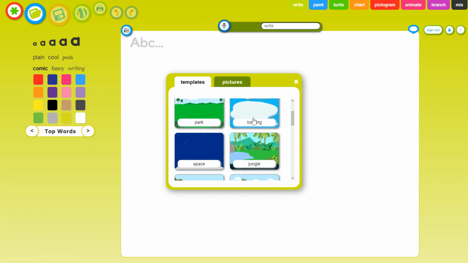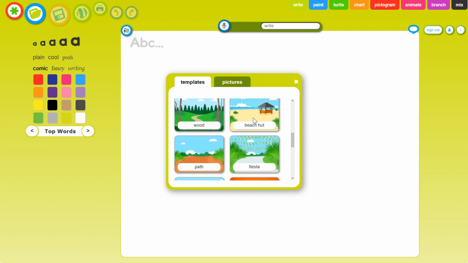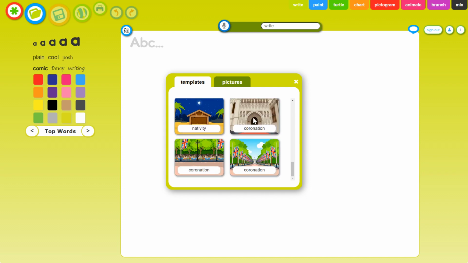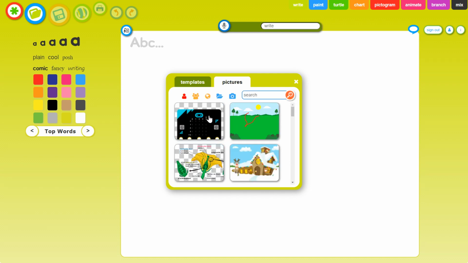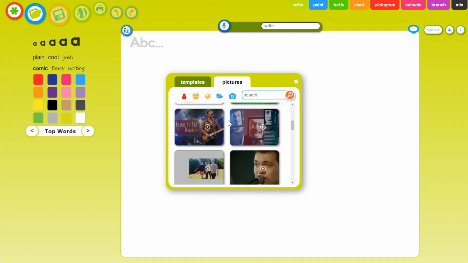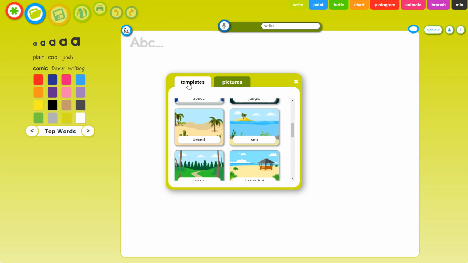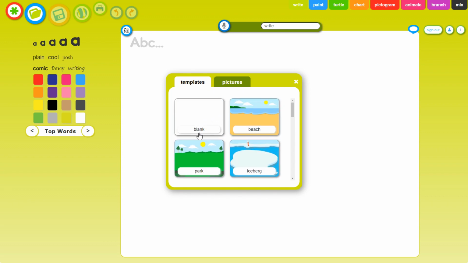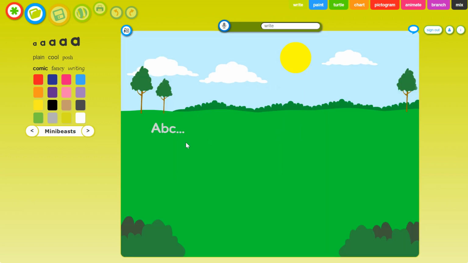And we could select an image to go in the background of what we want to write about. Or there are different pictures that we can also use, and some that we've created ourselves may already be in there, or they can use a search to use it. So if we just go back to the templates and we want to use the park,